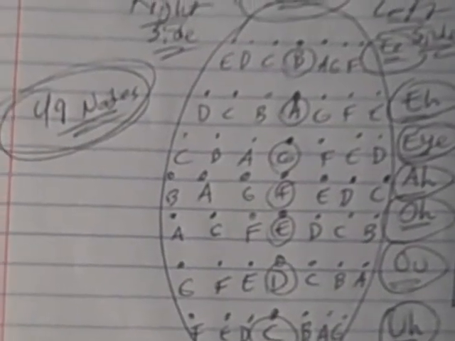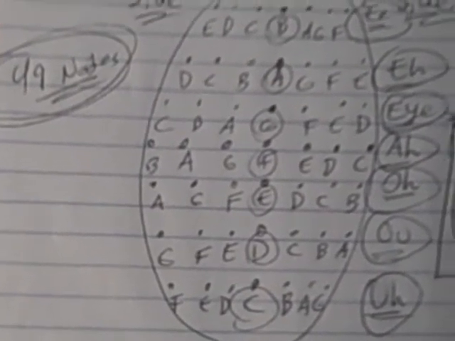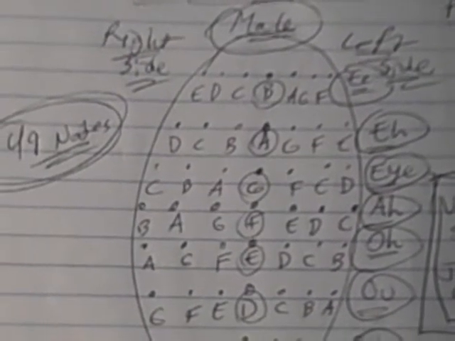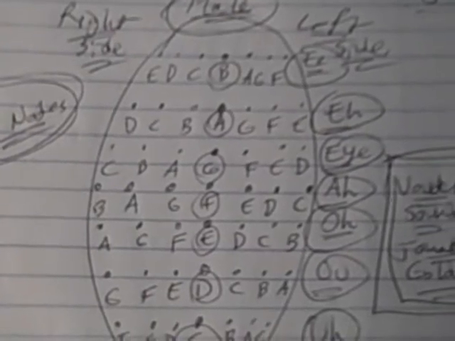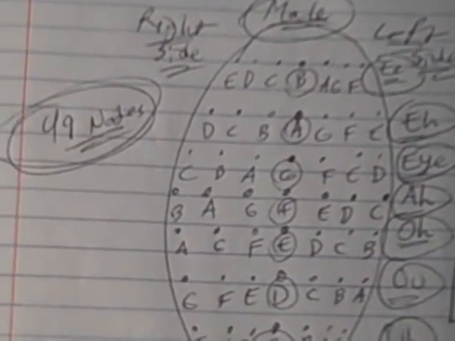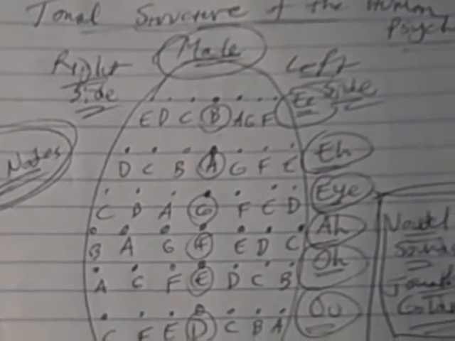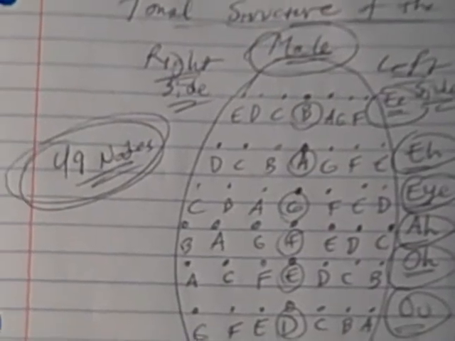Then you would have, I'm assuming, the throat region: D, E, F, G, A, B, C. And then I think that would be the third eye, or whatever, and then out from there you have E, F, G, A, B, C, D. And then you'd have the top of the head, I think, which is F, G, A, B, C, D, E.